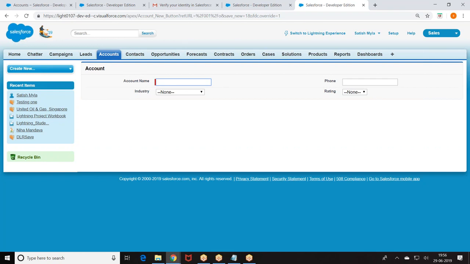So buttons will be created like a classic only, but when you click on the button, whatever the VF page that we are getting, that VF page will be opening like a Lightning, and the functionality will run like a Lightning. Are you getting? So I don't want to migrate my application, but whatever the new functionalities I am building, they have to run with a Lightning. If you migrate the application to Lightning, it's okay. But already this application is running from years. I don't want to move to the Lightning, but I want to have the look and feel and advantage of Lightning. This is one of the concepts which we can use.